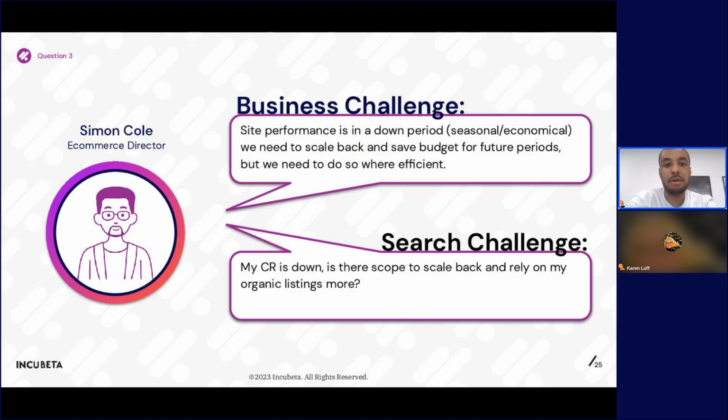And then we get into our third point here, where we've got the business challenge from Simon, where the site performance is down over a period, where this could be seasonal, economical, maybe coming into Christmas or anything around Q4. So they needed to scale back and save budget for future periods, but they needed to know where to do so because they wanted to be as efficient as possible. And obviously with Seamless, we're trying to be incremental, so this works really well. And when you take it from a search perspective, the conversion rate has been down. So is there scope to scale back and rely on the organic listings more? So again, taking into Seamless,